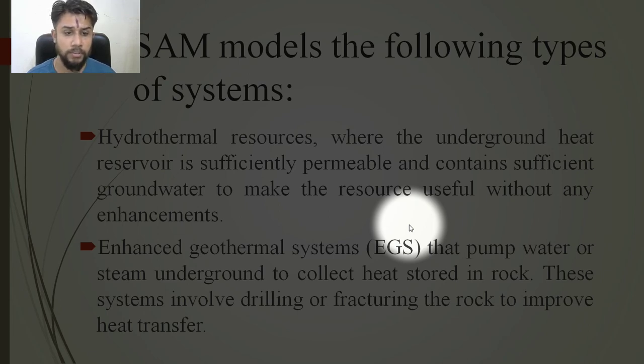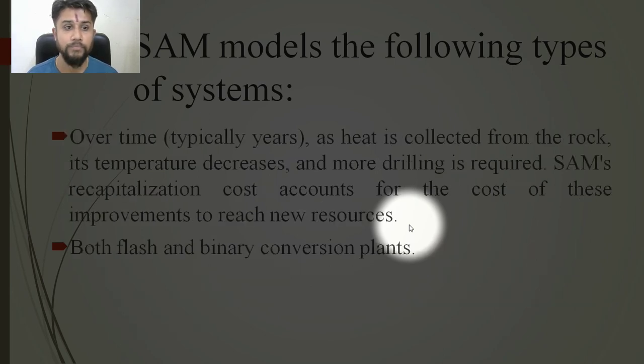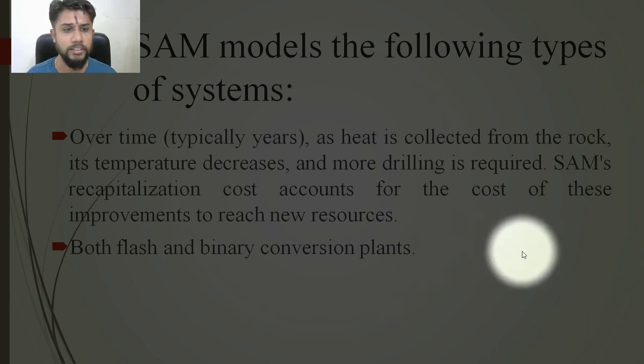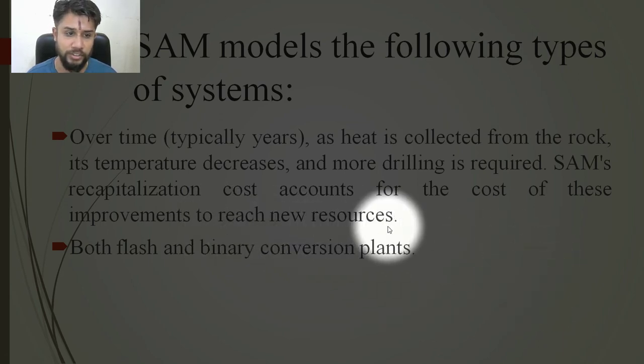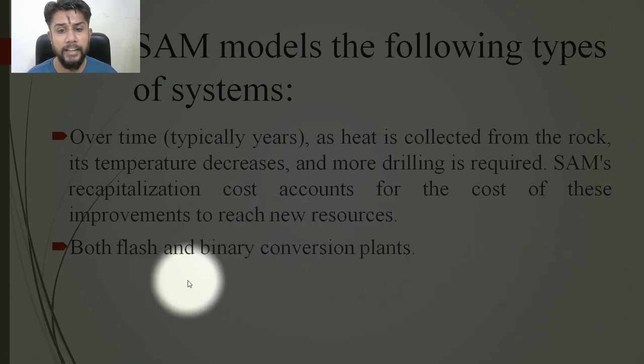This system involves drilling or fracturing the rock to improve the heat transfer process. Over time, as heat is collected from the rock, its temperature decreases and more drilling is required. SAM's recapitalization cost amount accounts for the cost of these improvements to reach new resources. Both flash and binary conversion plants